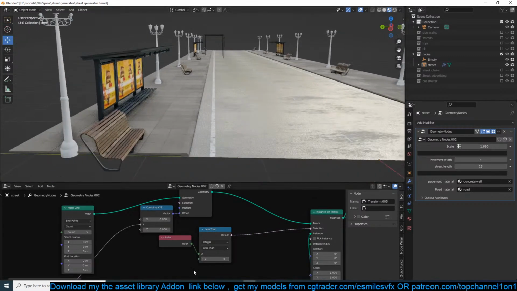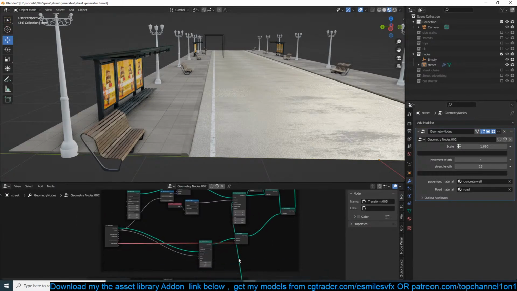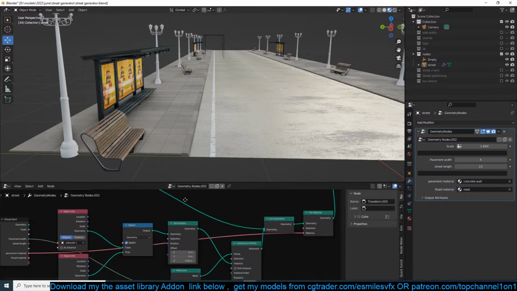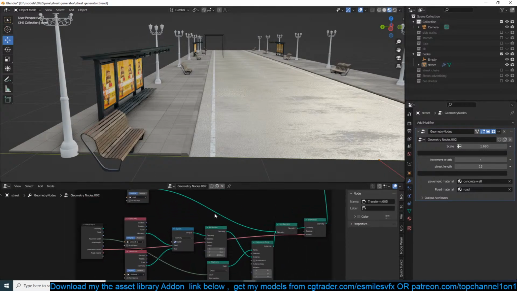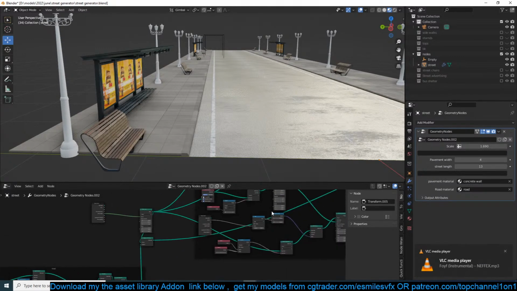I guess I haven't set that up for the sidewalk, but you can change the